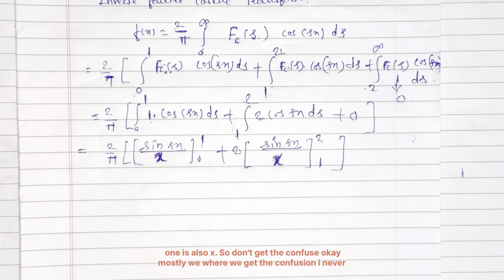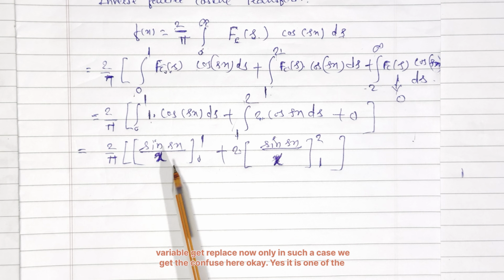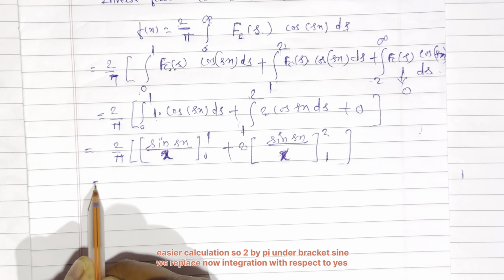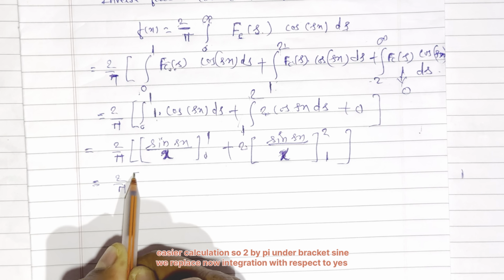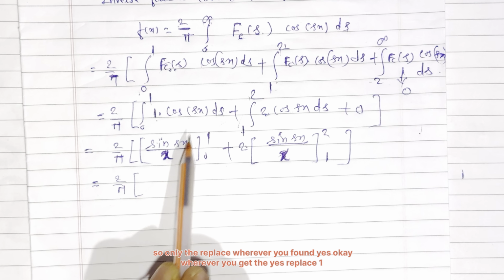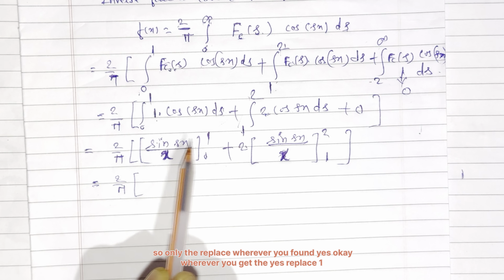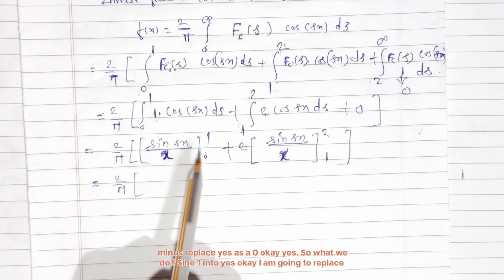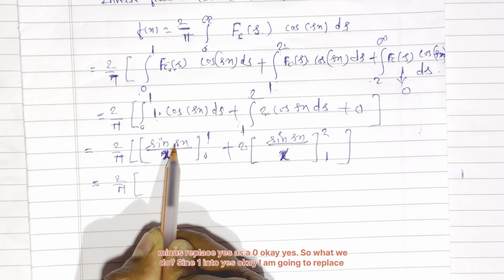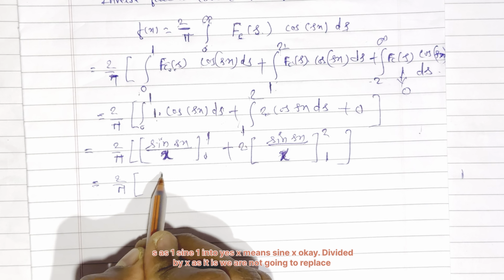Mostly we get confused whenever a variable gets replaced, only in such a case we get confused here. Yes, it is one of the easier calculations. So 2 by pi under bracket sine. We replace now the integration with respect to s, so only replace wherever you find s. Replace s as 1 minus replace s as 0. What we do, sine 1 into s, I am going to replace s as 1. Sine 1 into s, x means sine x,